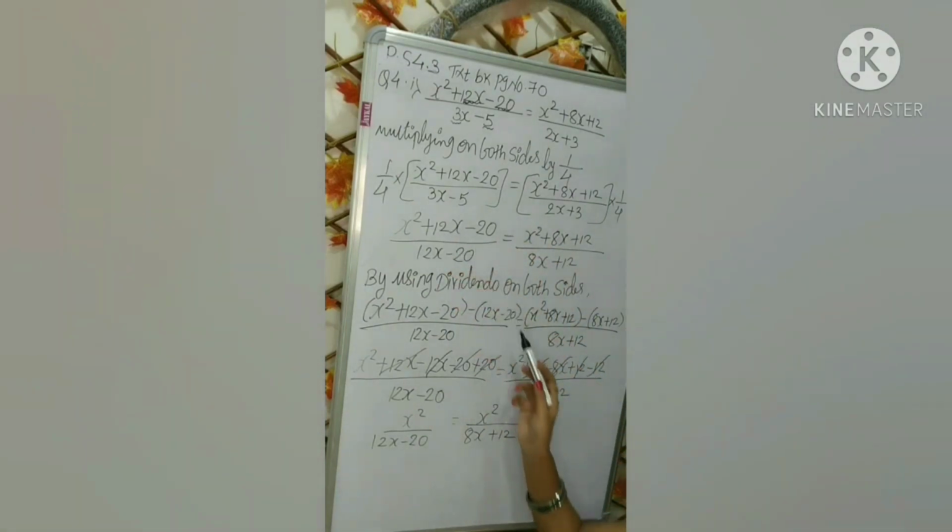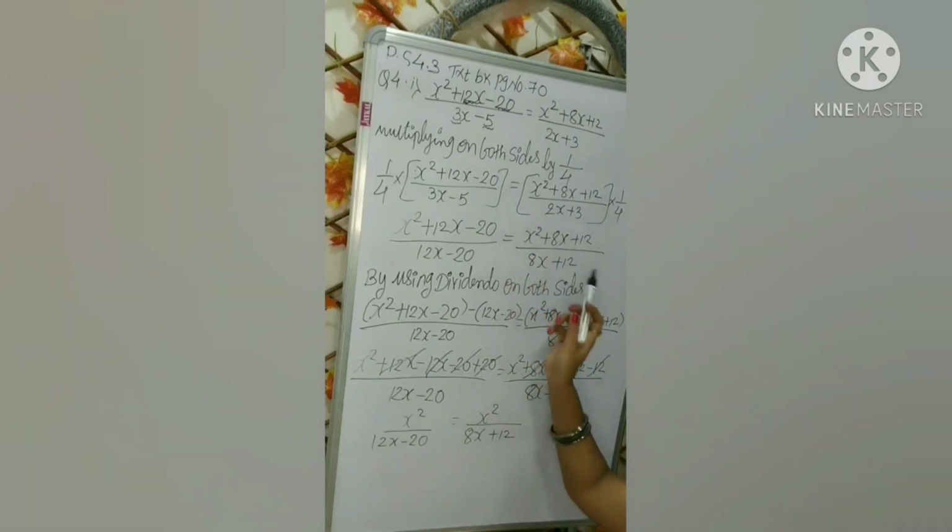Okay, so what have we done? We have first multiplied the whole terms, both the ratios, by 1 upon 4. Then we have used the property dividendo on both sides. I reduced it and I got this thing. Now here if you see, in this ratio both the numerators is having the term x square. So what I can do is, in this equation, if I take x is equal to 0, both our sides get 0. Means x is equal to 0 is a true value for this ratio. But other than 0, there has to be some other value which is supposed to be true for this ratio, which we need to find.